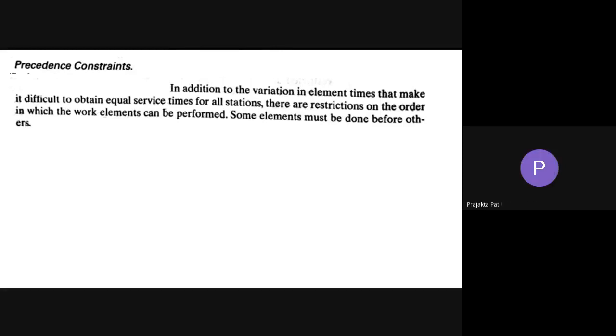Okay, precedence constraints. In addition to variations in element time that make it difficult to obtain equal service time for all stations, there are restrictions on the order in which the work elements can be performed. Some elements have to be done before others. For example, consider a nut and bolt used to fasten mechanical elements. What sequence will you follow? First you go for a drilling operation. After drilling, you go for a tapping operation, and then you can use the fastener to fasten those mechanical